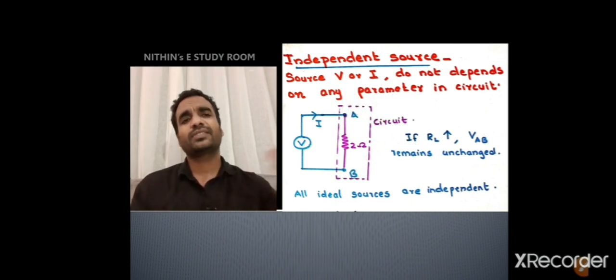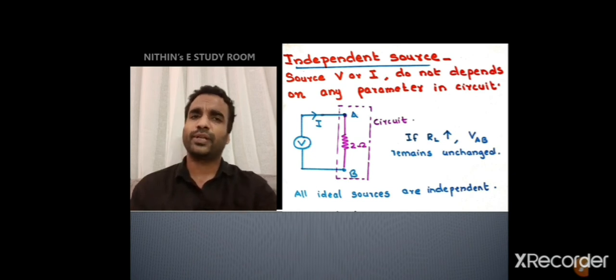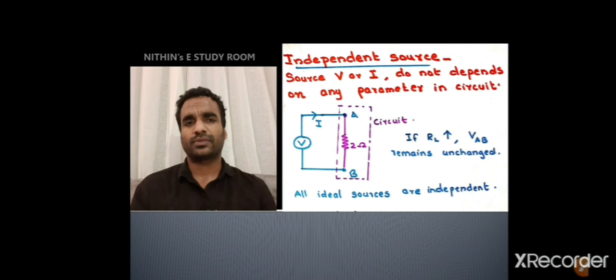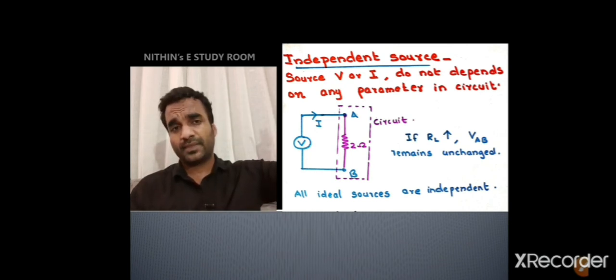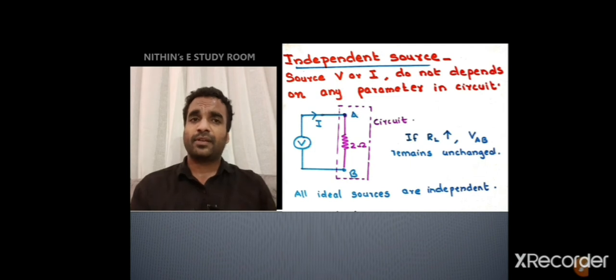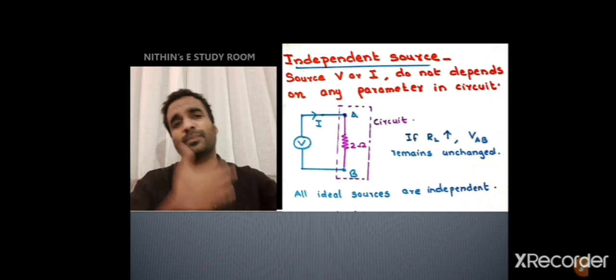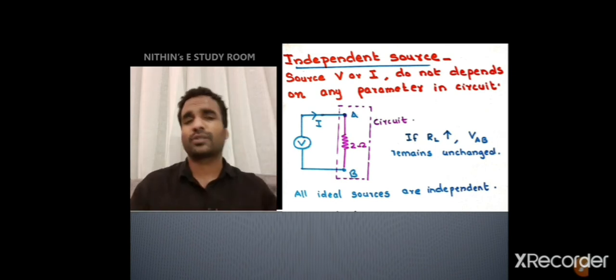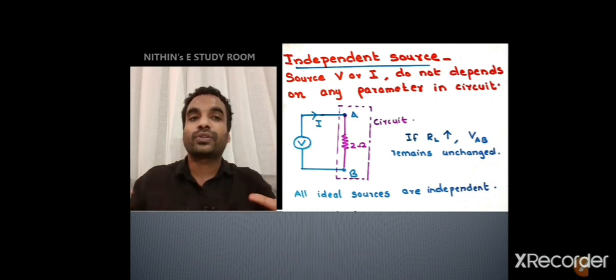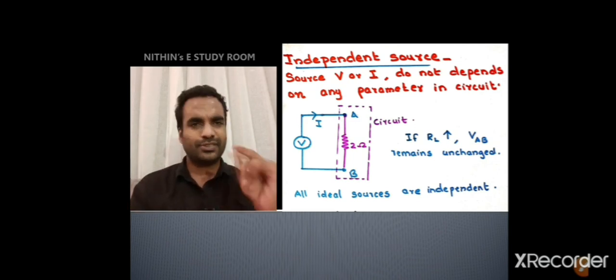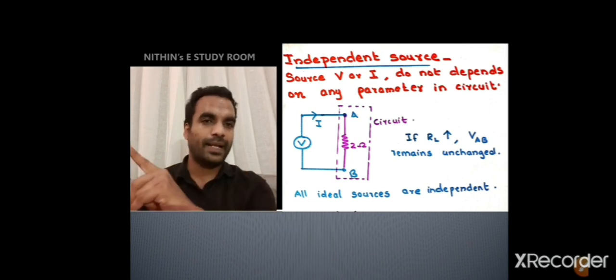So whatever change you are doing in the circuit. In this figure, I am showing only a single resistor circuit. It may be a very complicated circuit. Then also the same thing. You just interchange any resistance in any way, or you connect some more resistance, or you just remove some resistance. Whatever may be the thing, your voltage or current supplied by the source will not change. So simply such a case we have already practiced in the previous slides.